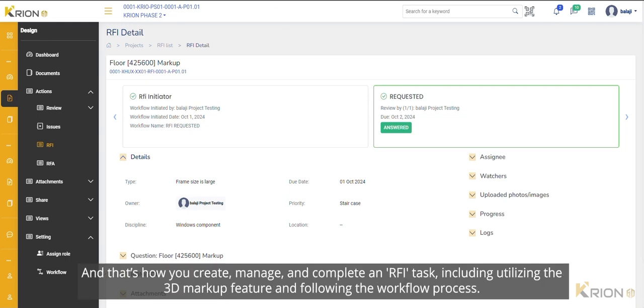list. And that's how you create, manage, and complete an RFI task, including utilizing the 3D markup feature and following